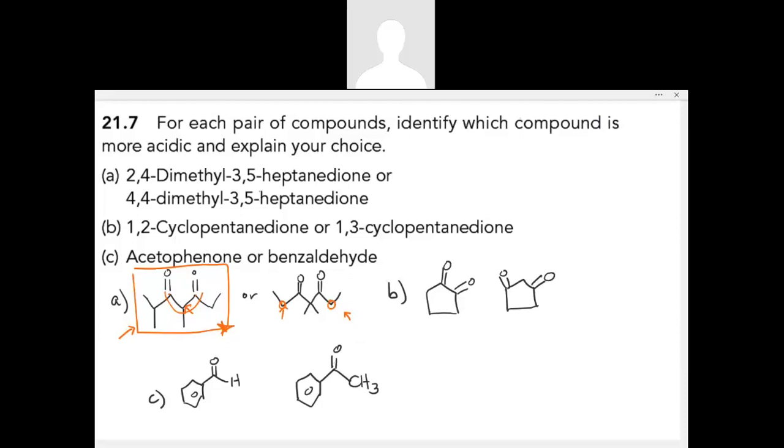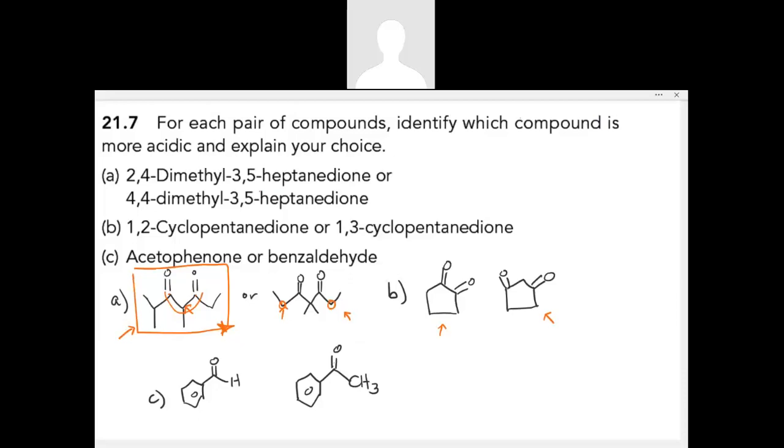Let's take a look at compound B. We're going to see something similar here. We have on the left-hand side the 1,2-cyclopentanedione. Then we have on the right-hand side here the 1,3 version of the cyclopentanedione. So if we were to